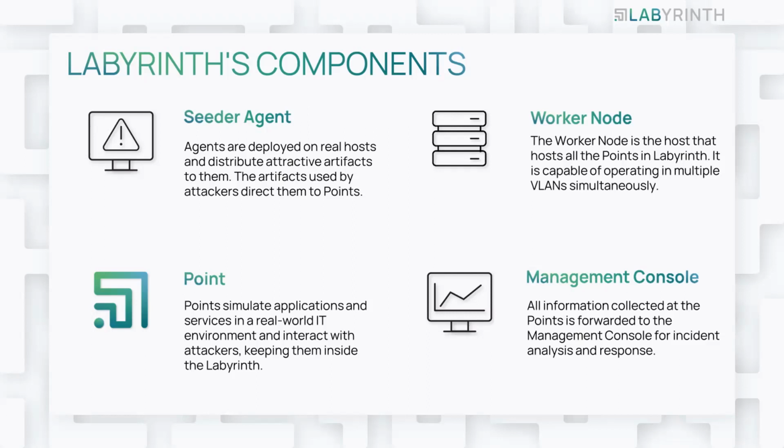Then we have the points, the main decoys that simulate applications or services that are real services from the point of view of an outsider or insider, and they interact with such an intruder,